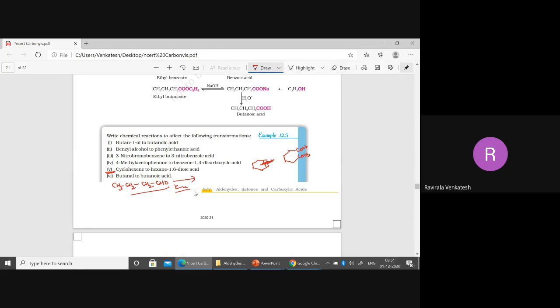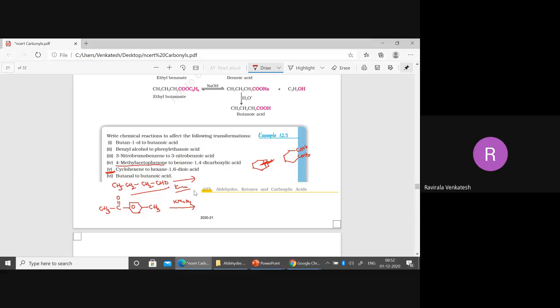And 4-methyl acetophenone to benzene-1,4-dicarboxylic acid. 4-methyl acetophenone, CH3. Look, beta, CH3 acetophenone, how do you write it here? This is called acetophenone, correct or not, beta? Is it called acetophenone? Correct or not? Yes, sir. Now, this is 4-methyl acetophenone. Now if you do oxidation with KMnO4,